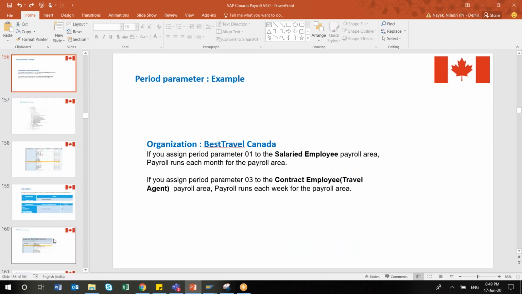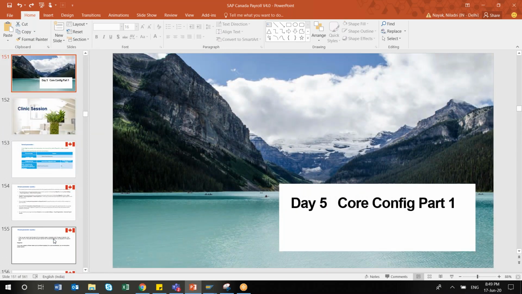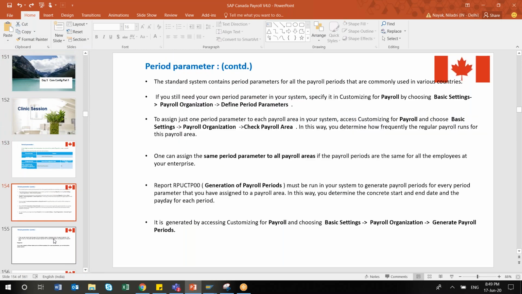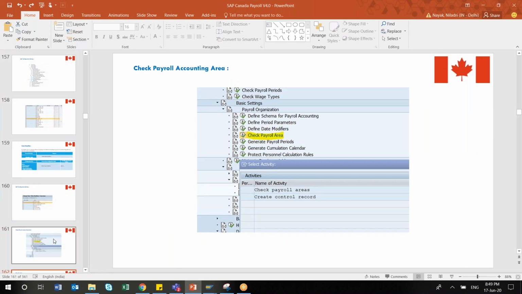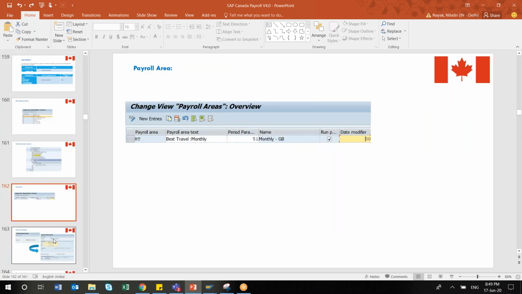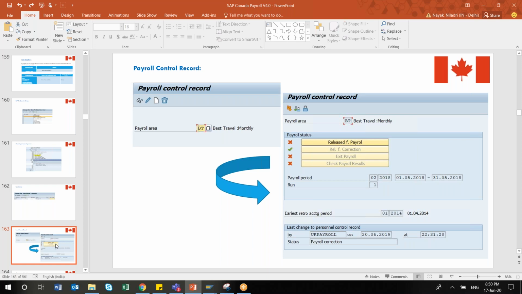How do I get to know that my LGMST feature has been correctly updated? Whatever LGMST structure you are using and whatever employee you have hired, if the employee belongs to Canada, and to the employee group and subgroup you have mentioned in the LGMST structure, then your employee type will definitely populate those specific features, those wage types and all. That we'll be seeing, just to experiment with.